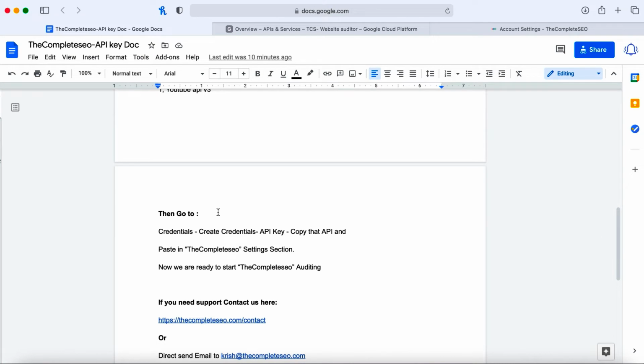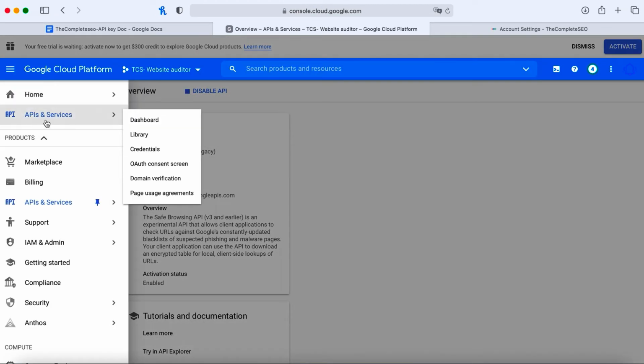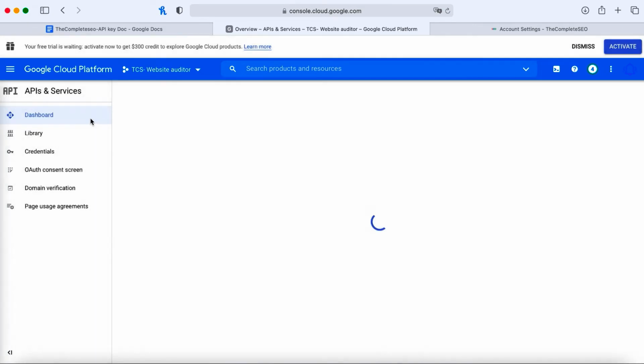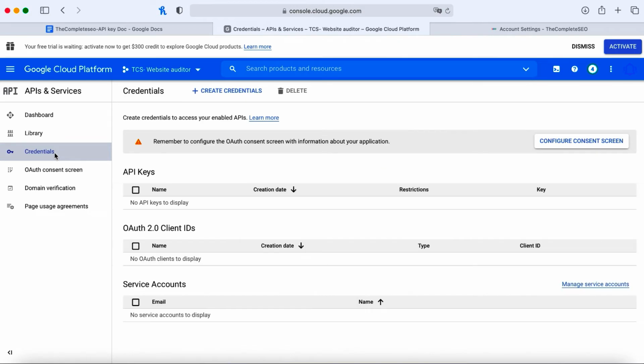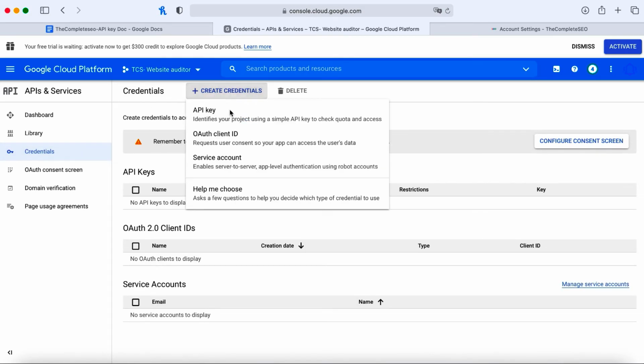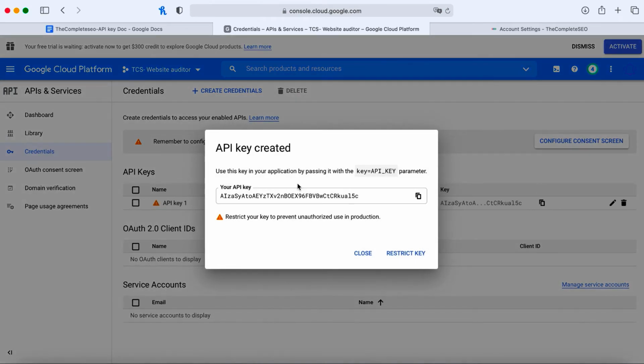Then go to the navigation menu, go to credentials, then create credentials, API key. This is the key you need to copy.